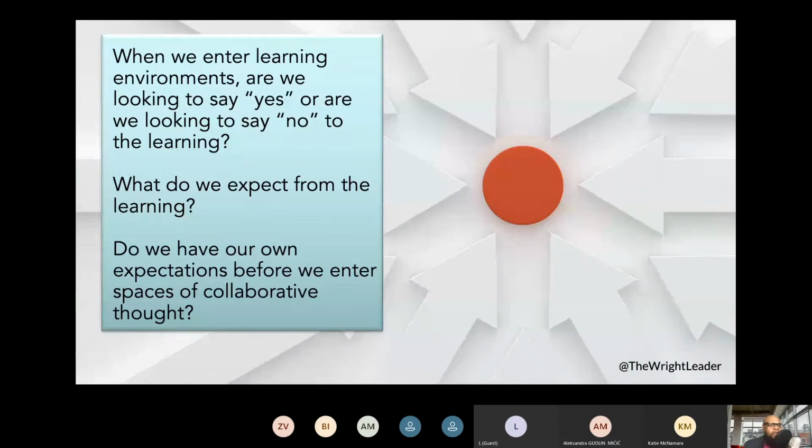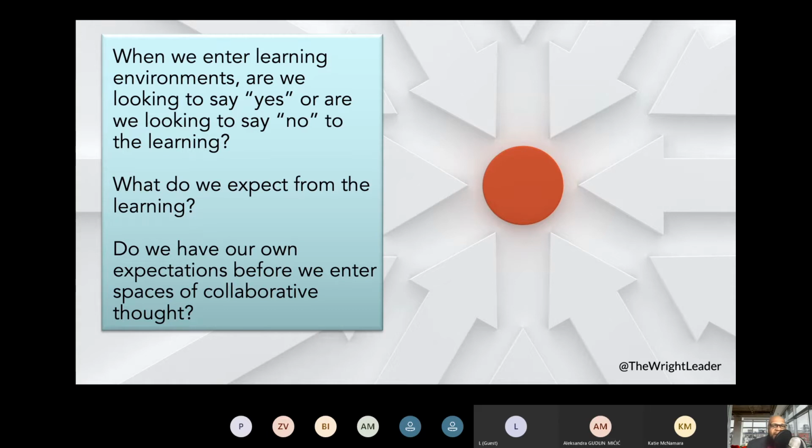Something for us to think about as we go forward is really this: when we enter into learning environments, are we looking to say yes, or are we looking to say no to the learning? And I share this particularly when I'm working with adults and with school districts and other entities, because when we come into a space of learning, one of the things we need to be mindful of is, are we entering into the space ready and looking for the insights, the new ideas, the new concepts, the new information, or are we entering into the session